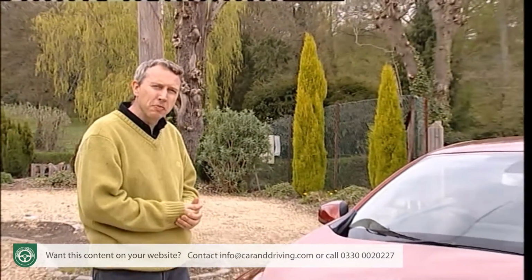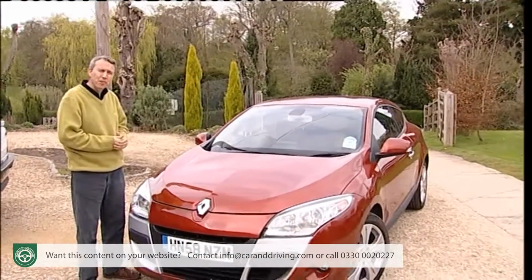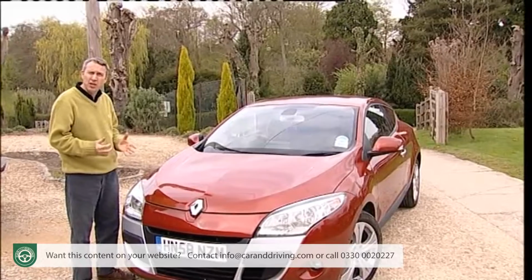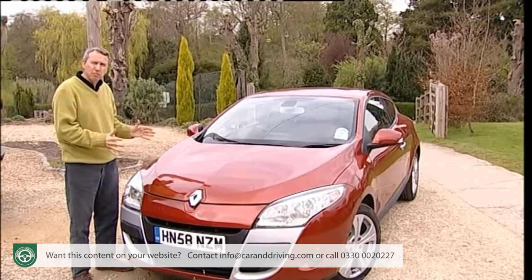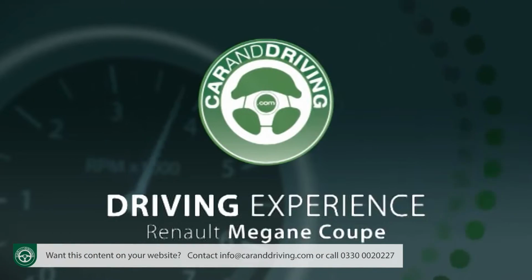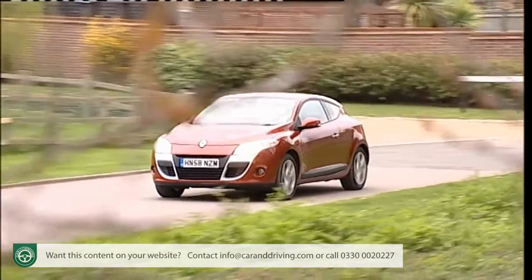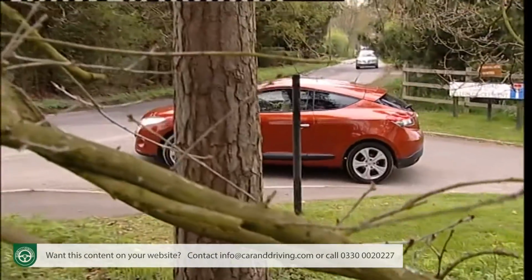You could, after all, have said the same about the first generation Megane Coupe, which, following its launch here in 1996, went on to become the best-selling car of its kind in Britain for 5 years running. Hopes were high then at the launch of this model based on the third generation Megane. Renault's engineers have bothered to try and differentiate this car's driving experience, and to a huge extent with the focused